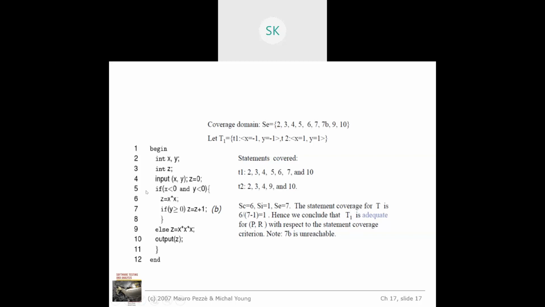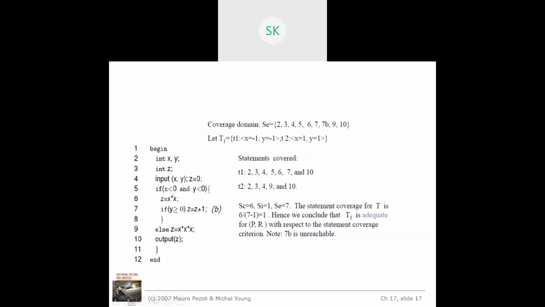Fifth statement says, if x is less than 0 and y is less than 0, then compute the value of z. In what way it needs to be computed, they have given that scenario. Z should be equal to x multiplied by x. That means x times you multiply it and make z the new value. Next is the seventh statement. If we are still in the if block, x less than 0, y less than 0, the same block only. If y is greater than or equal to 0, then z is equal to z plus 1. That's what they have given. So this is the scenario.